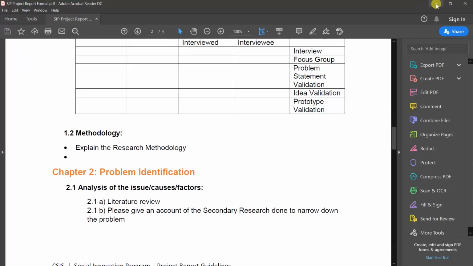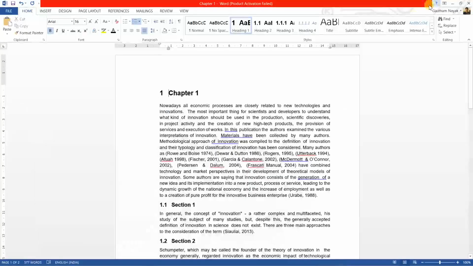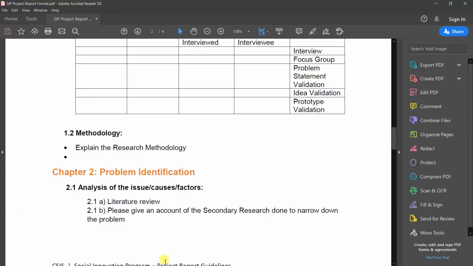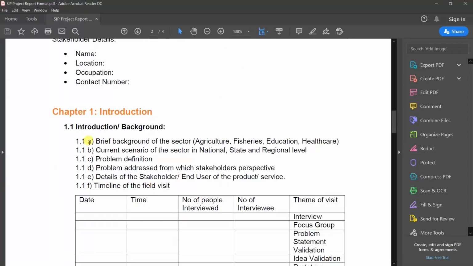I'll just minimize the document format. Chapter 1 will be our introduction, so I'll rename it to introduction, and we have section 1. Section 1 is brief background of the sector.